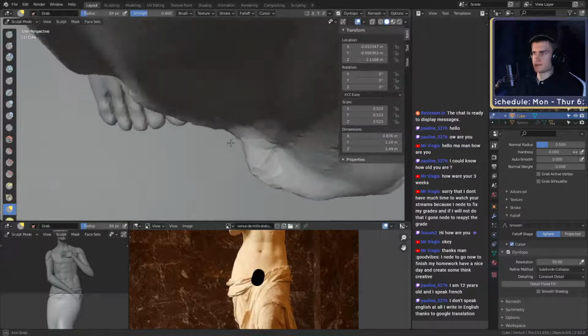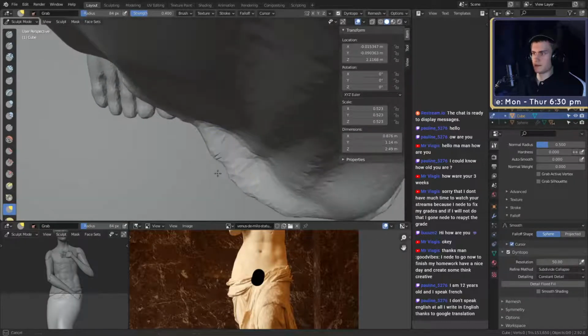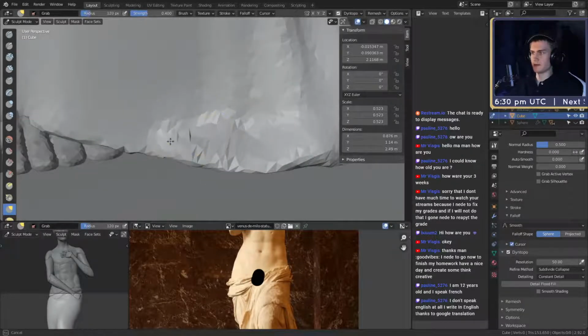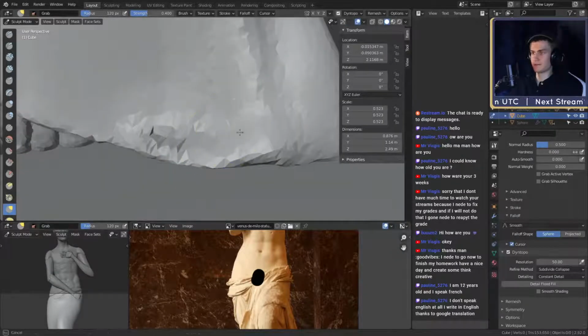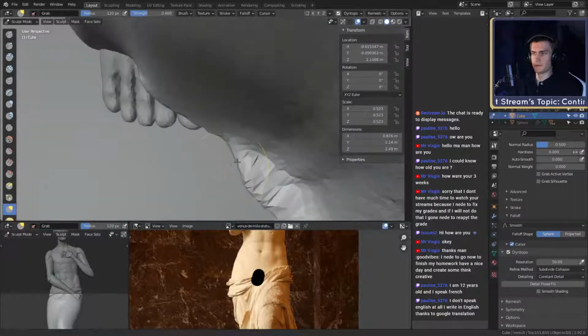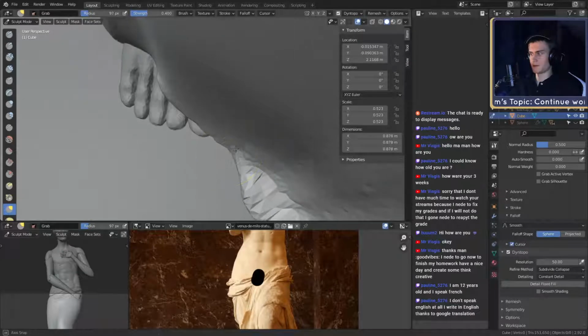So I'm kind of just trying to imitate the cloth lying on the ground by pulling it out, basically making it hover over the plane, so it looks like it's lying on it. It was still very rough, but that's the name of the game for now.